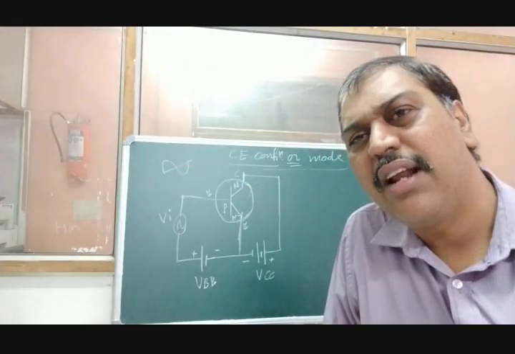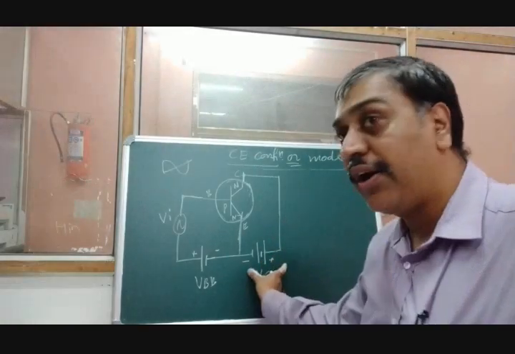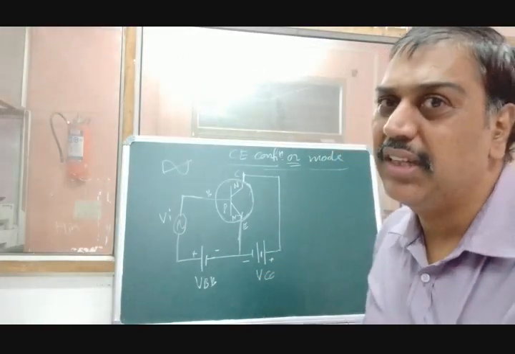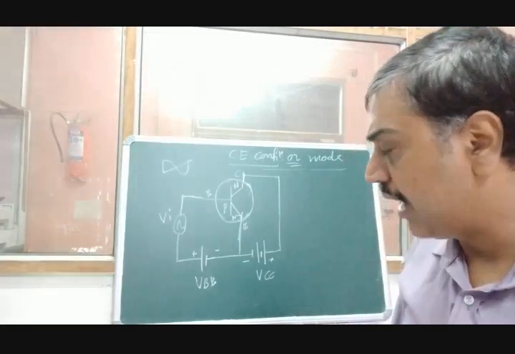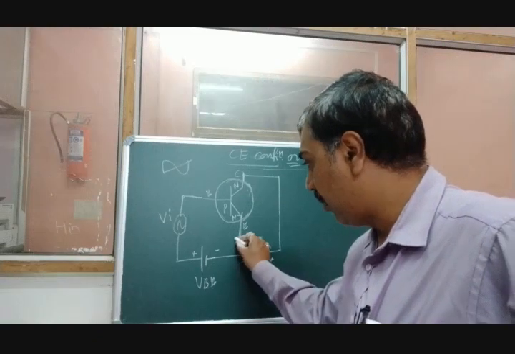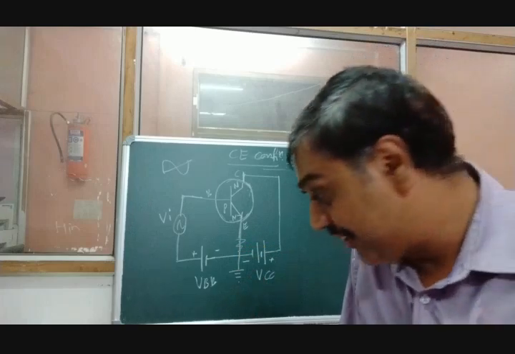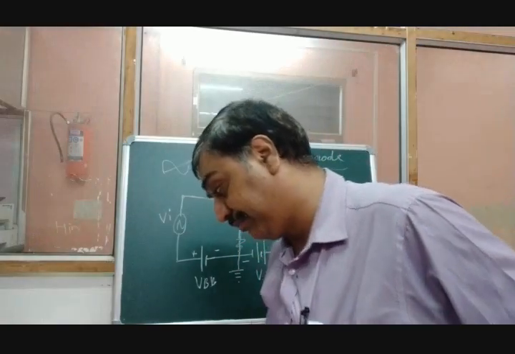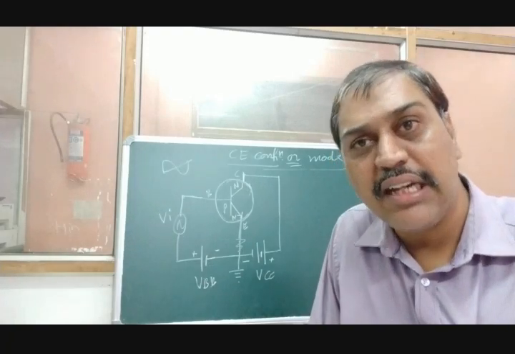Now there might be some question in your mind. In your book they have drawn this battery here, and I have drawn it here. Why is it so? Because there is a mistake in the diagram from your book. What is the mistake? In the diagram from your book, they have drawn the resistance here and they have grounded this part. But there is one equation, 16.1, in your book. Below that they have written one single line.